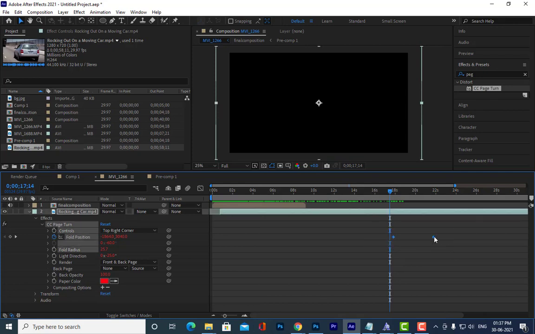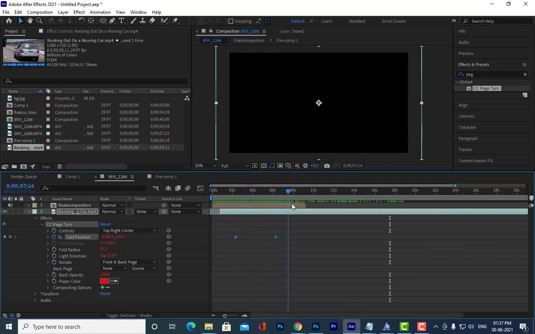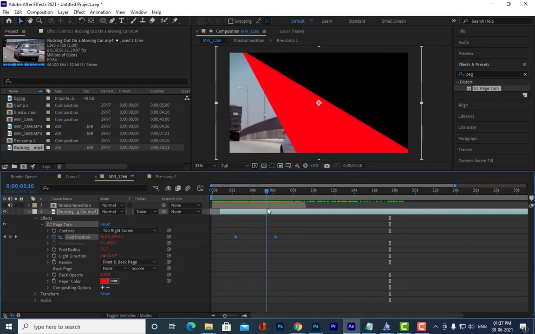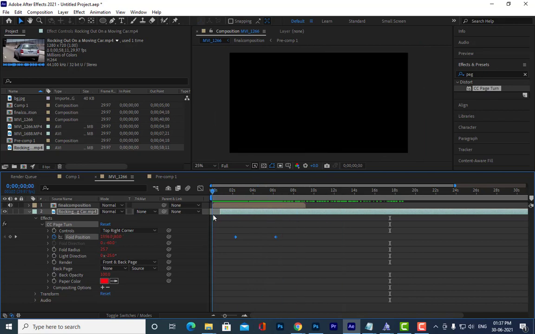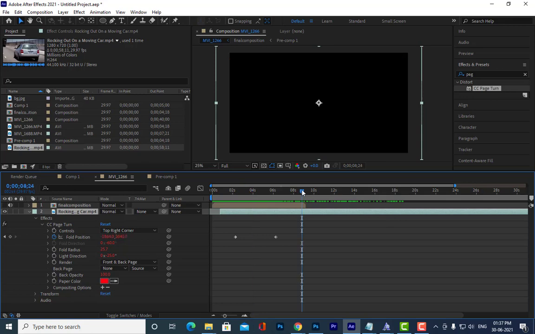But you can move the keyframes over here, and then we can move this layer from this time indicator. Is it clear? Oh, sorry, here.